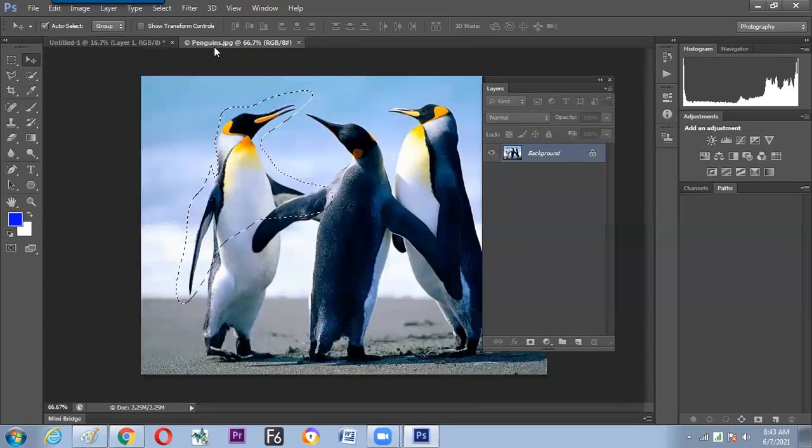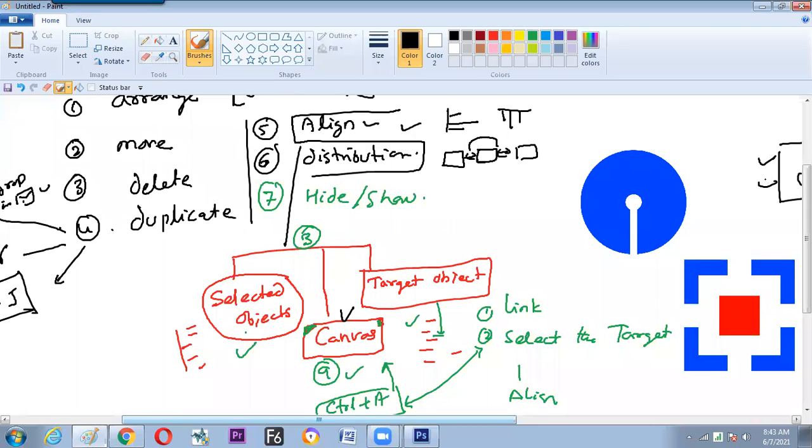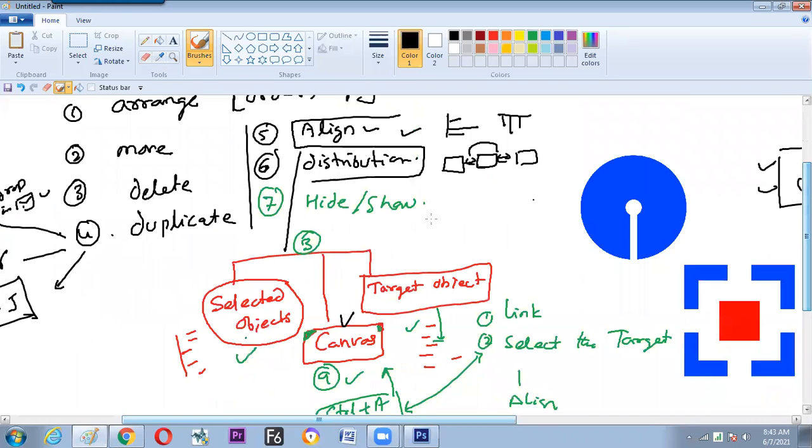We have seen how to make logo designing, how to make photo arrangement, how to make smart layer. This is the summary of the class. Now, one more thing we have understood here, the 8th number, that is called smart object. We have seen layers are of two types, normal layers and smart layers with the name smart object. It allows us to make modifications instantly for numerous layers together. Is it okay? Yes, sir.